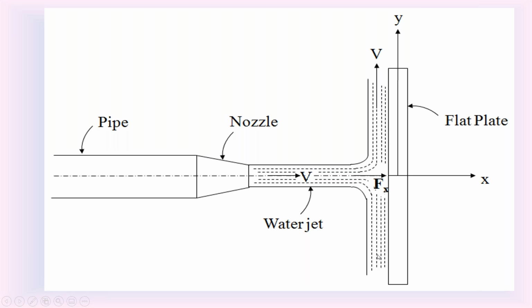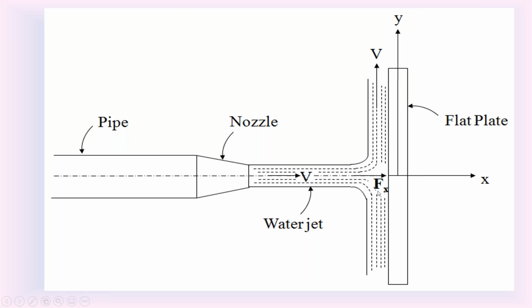Neglect this downward portion. Since the surface of the metal plate is smooth, and we assume there is no loss of energy when the water jet is hitting the metal plate, after hitting, the water jet is moving along the metal plate, that is the vertically upward direction, with the same velocity v. But this v is called the final velocity. It is in the vertically upward direction. So this is the impact of a horizontal water jet on the stationary vertical flat metal plate.